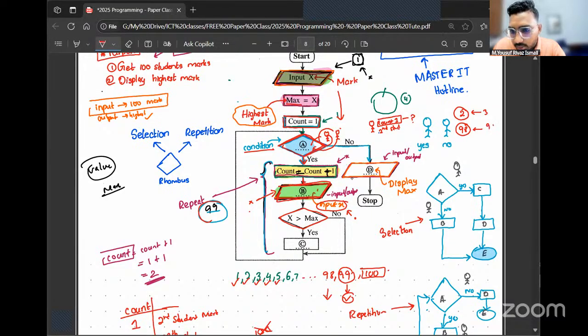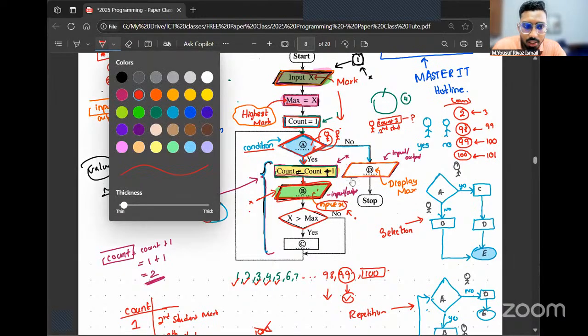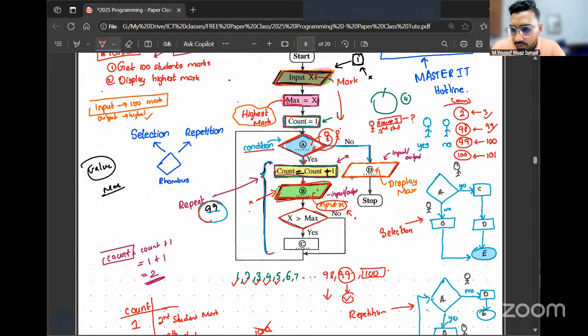Correct. 99 students' marks. When the value of count is 99, now you're making the decision. Which student's marks do I have to take? Should I go and take the 100th student's marks? Perfect. When the value of count becomes 100, now you're making the decision. Which student's marks do I have to take? When the value of count is 100, you're asking yourself, should I go and take the 101st student's marks? So now tell me, you have to get the third student's marks, the 99th student's marks, the 100th student's marks. Should you get the 101st student's marks?